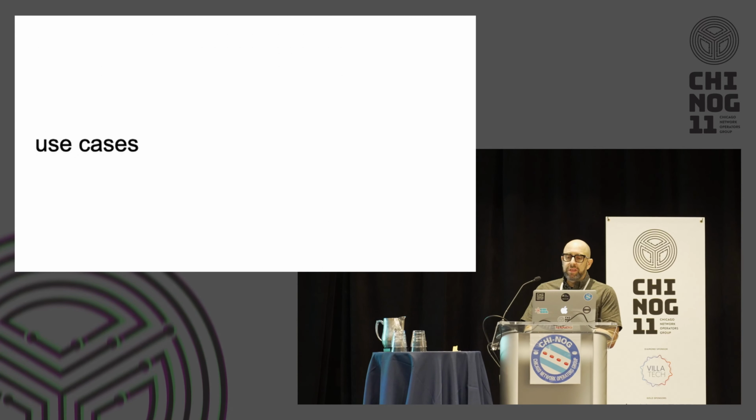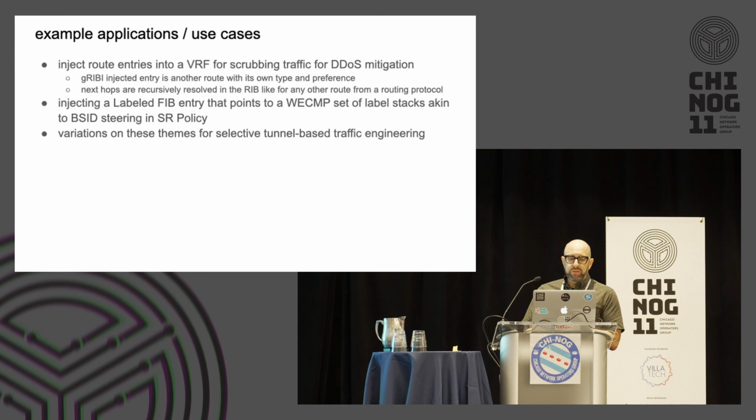So I'll talk a little bit about some of the use cases where folks might want to be able to do this. There's three scenarios that I persistently run into with the customers that I work with. They want the ability to inject prefixes into a VRF for scrubbing, for doing something with DDoS. A gRIBI route, as I mentioned previously, is just another route with its own type and preference. You can have the routes resolved within the context of a particular network instance or VRF. Another example here is you can manipulate label stacks with gRIBI, so you get the benefits of MPLS traffic engineering, and you can actually create